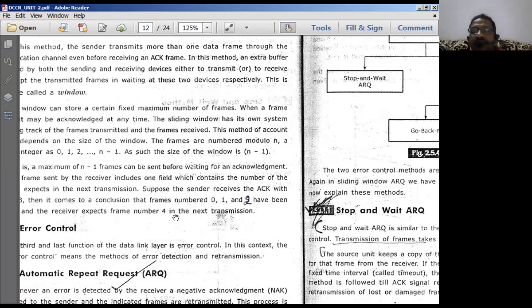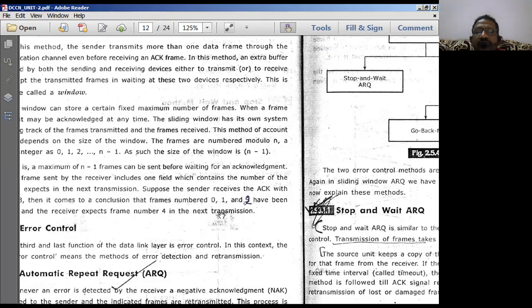The other way around, say for example, if the sender receives an acknowledgement with only numbering as 3, it is understood by the sender that the frames 0, 1, 2 have been received by the receiver. Then the sender has to retransmit frames from 3. These frames are already stored before they are transmitted in the sender buffer register. So from this buffer register, it is going to retransmit the frames numbering 3 to 8 once again.